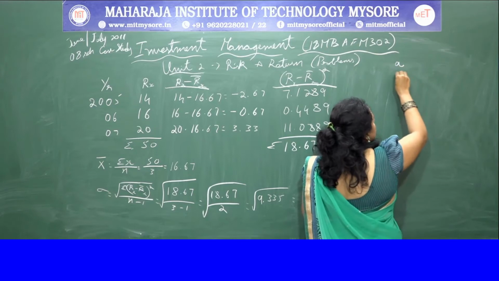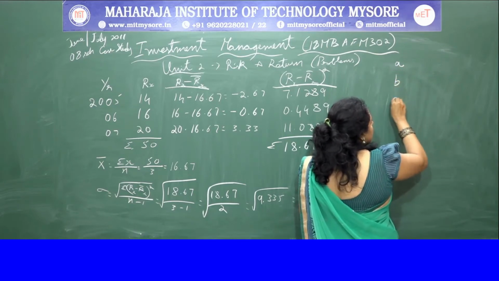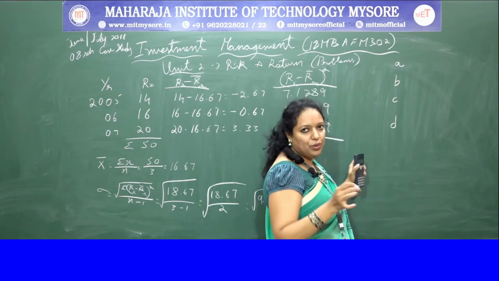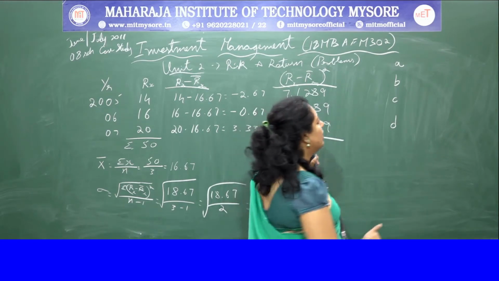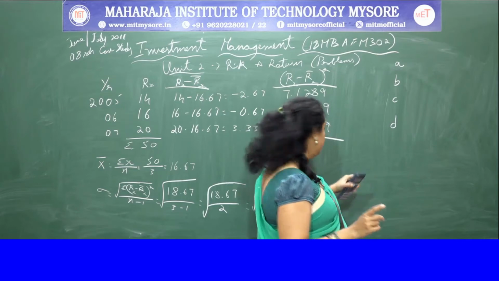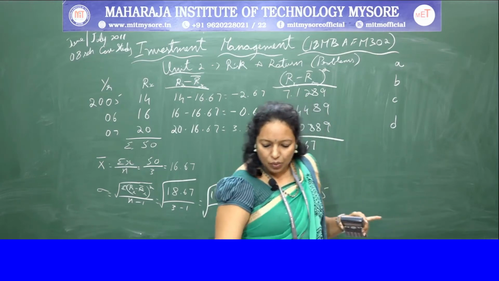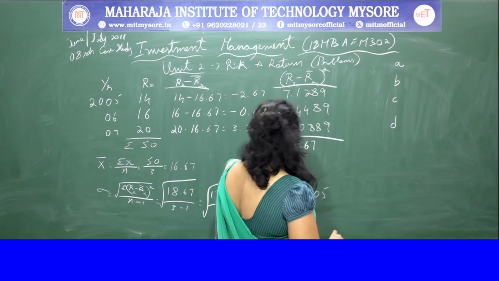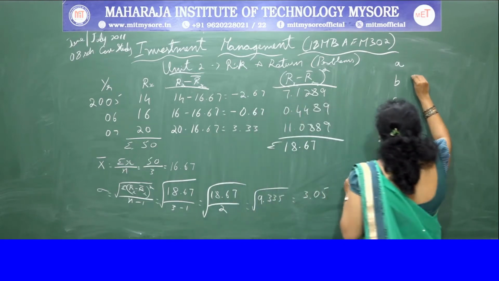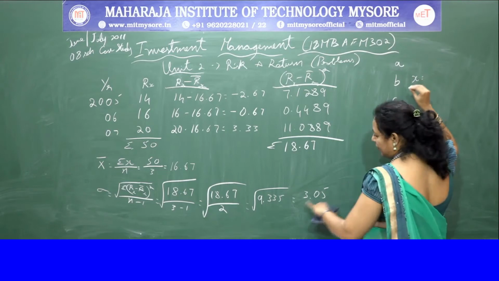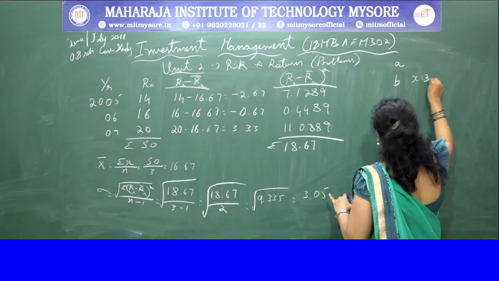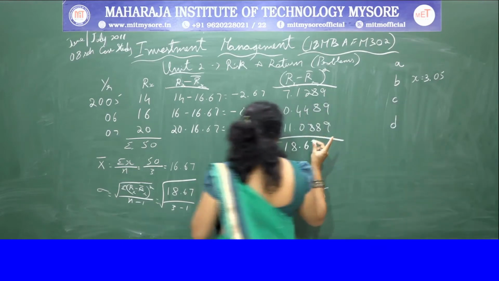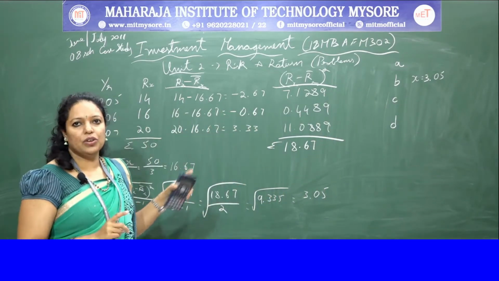I'll put 4 questions, as we'll restrict the space to this end. We'll put all the 4 questions. The first question we have not answered. The second question we have answered. The second question is, what is the standard deviation of each stock? For one stock we have calculated. So I'll write standard deviation of X is 3.05. So I've written the answer of one component.